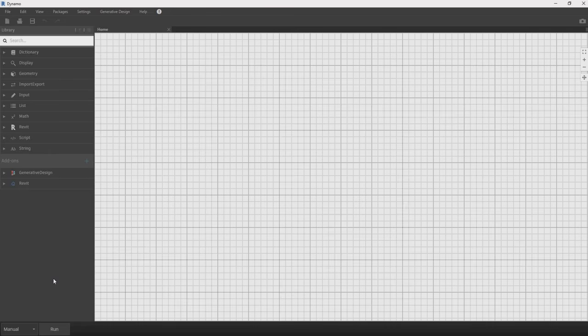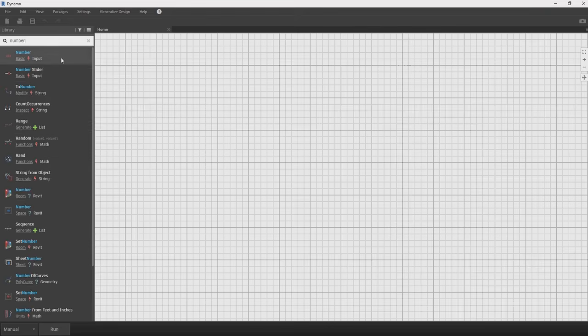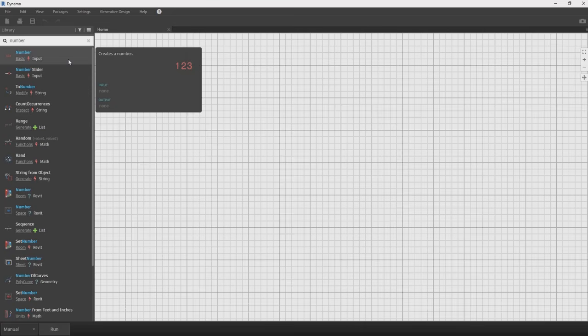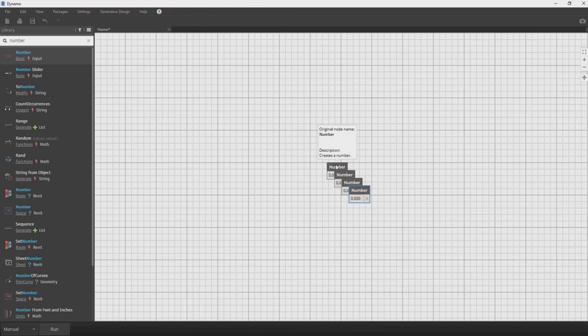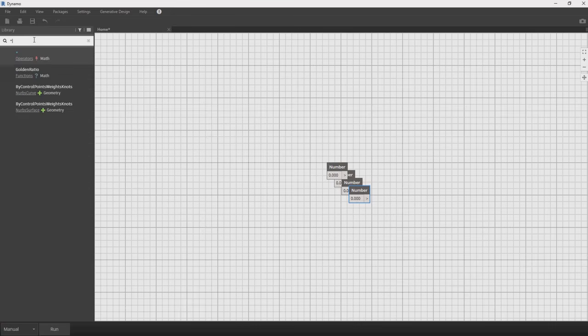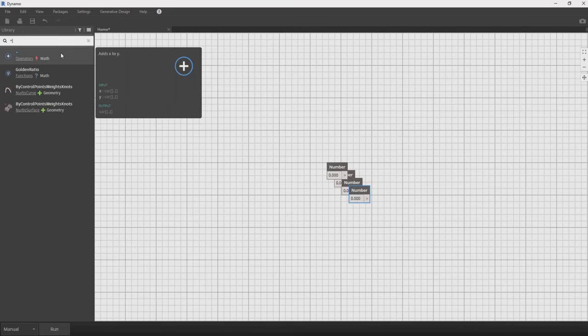So for the layout introduction, I'll just skip it as well and then just continue with the first script we have to create. So here I'll start by getting the node for number, and then I can just select it. And for that we need 4 of them, so I'll just click 4 times. We need 2 addition, so I'll just type plus, and then we need 2 of them,